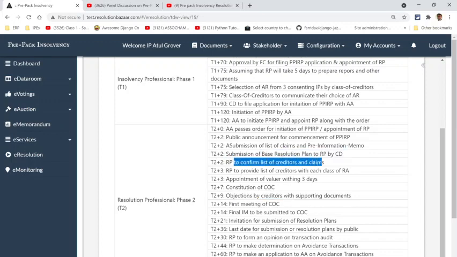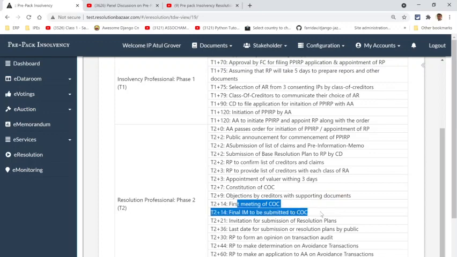When he receives the list, he will obviously approach the creditors: this is the amount that I have received, please verify. In case there are objections, then within 9 days they'll have to get back with the objections along with evidence. By 14 days, the first meeting of the committee of creditors takes place, and the information memorandum should have been finalized by him at this stage.